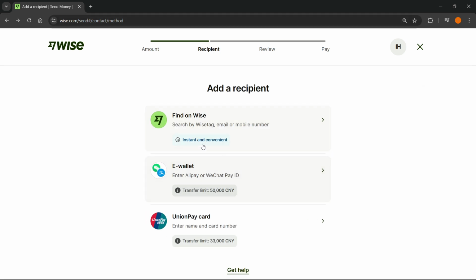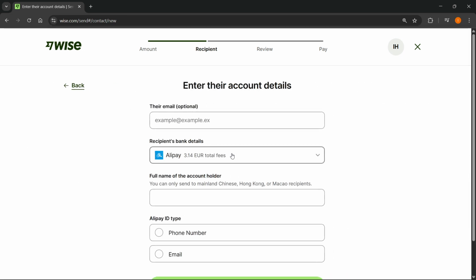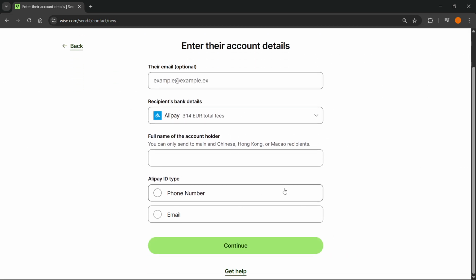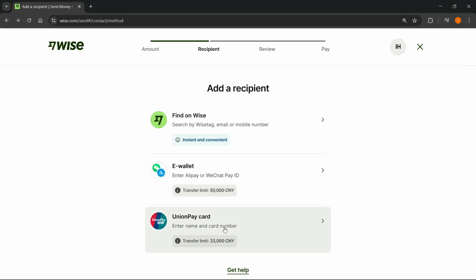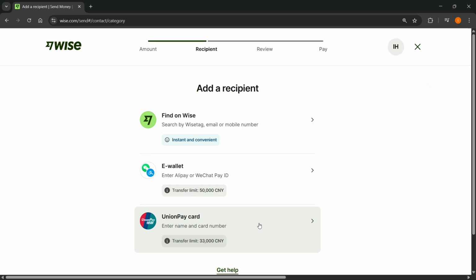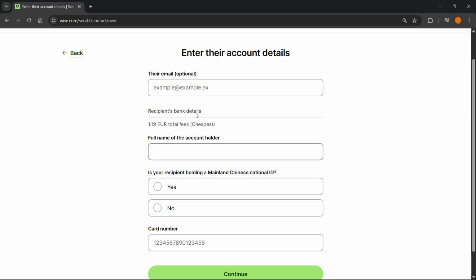You can send it using an e-wallet like Alipay or WeChat Pay. The maximum transfer limit for this is 50,000 Chinese yuan. So click on that and then choose either yourself or someone else. And then here you can go ahead and put in their details and press continue. Or alternatively, you can also use a UnionPay card, for which the limit is 33,000 Chinese yuan. Click on here, choose someone else or myself, and then here you can enter in the details and